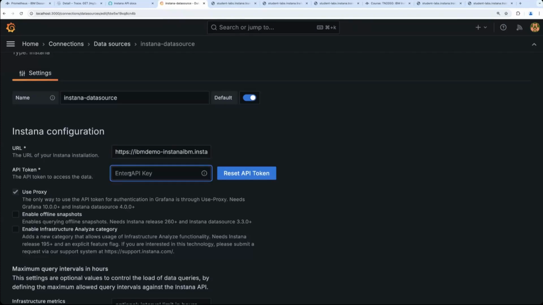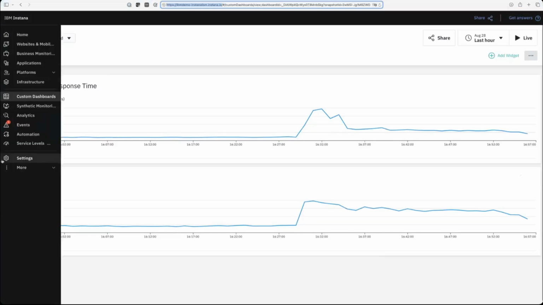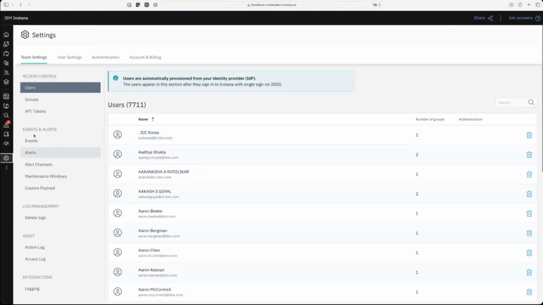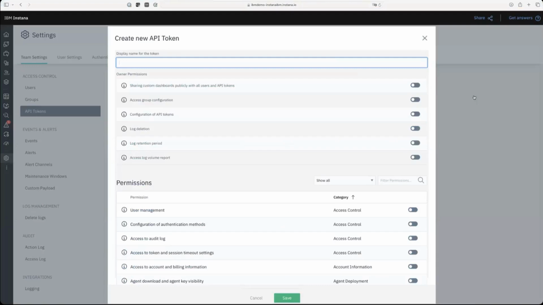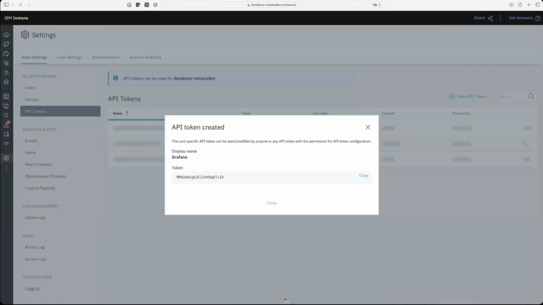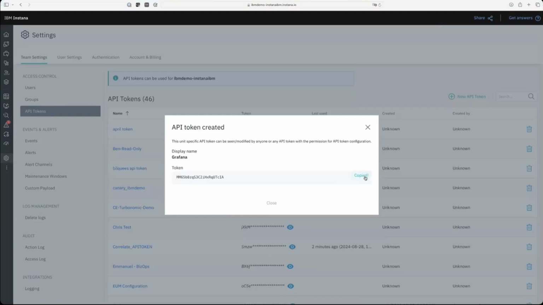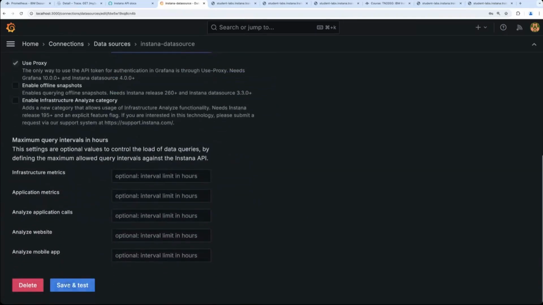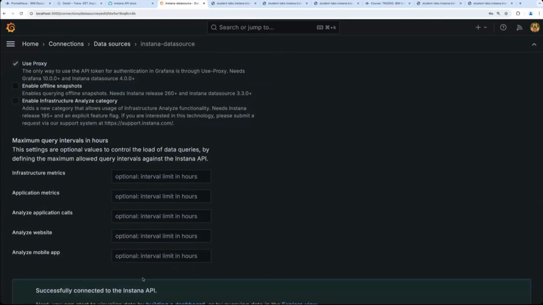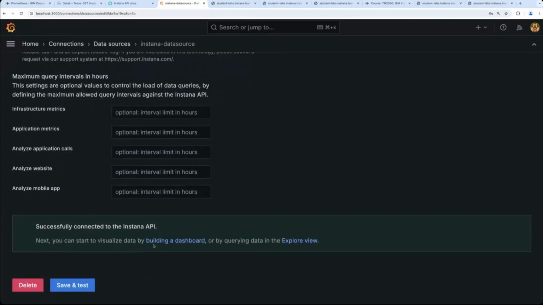And then the API key, API tokens. Let me create the token, save. Here we have the token. So if I copy it here, at the bottom, I have the save and test, and boom, you see Grafana